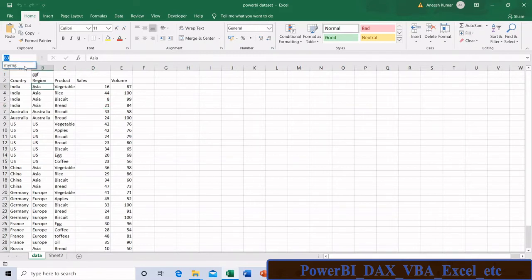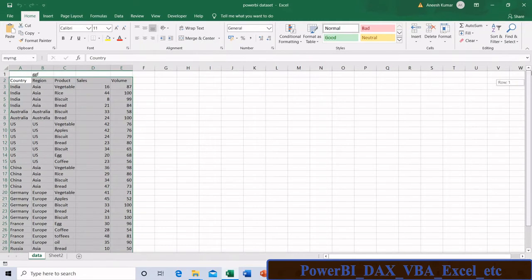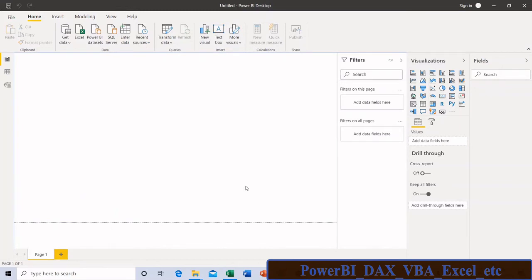For example, here I use a named range myRNG. Using this named range also I can import my data, and you can see some unwanted characters here. Now I am going to import data into my Power BI Desktop directly from the sheet.